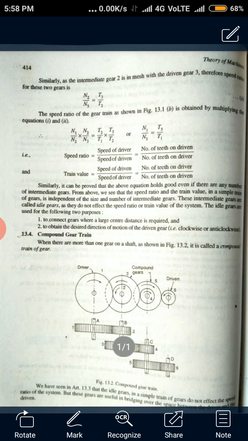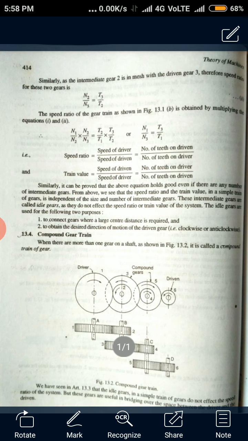So what is the meaning of simple gear train? It is nothing but that we have only one gear mounted on a shaft, not more than one gear. Now we'll go for the second classification, compound gear train. So what is the meaning of compound gear train? In the simple gear train we have only one gear on one shaft, but in compound, try to understand the word compound. Here we can have more than one gear on a shaft. Such a combination is called what?